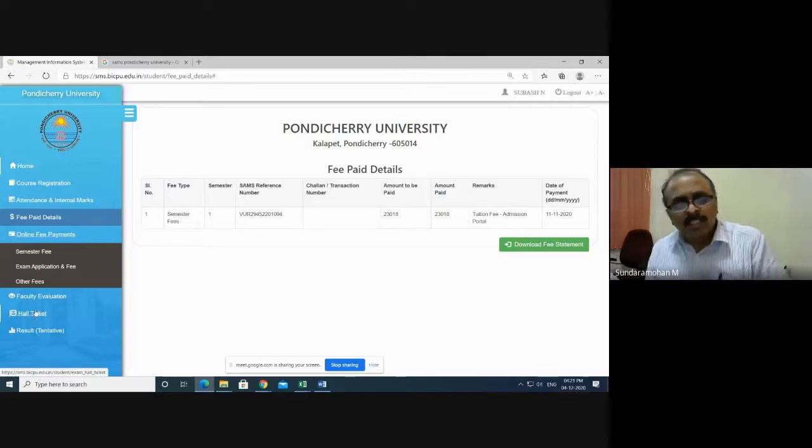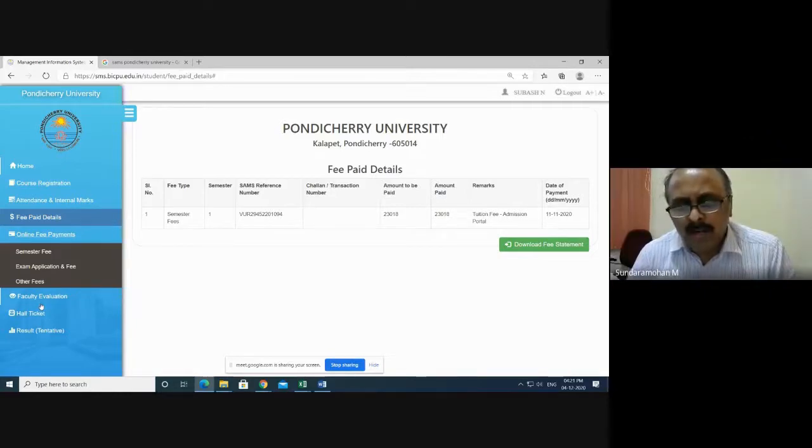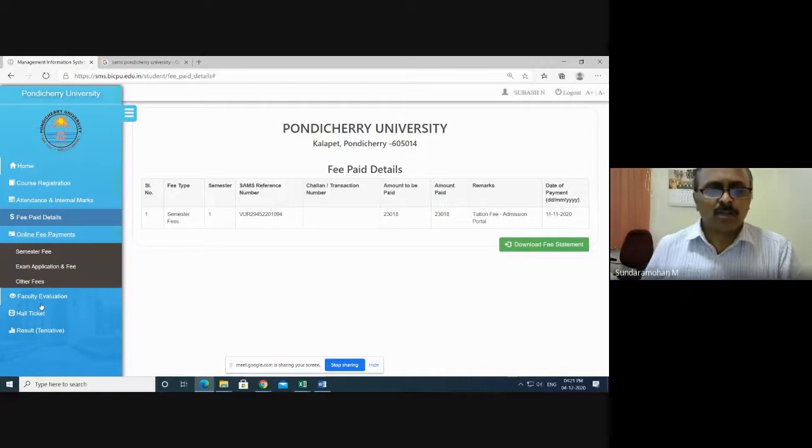So with all these things, the whole two years, everything of your academic activity will be inside this SAMS only. So with this, I think you can do the registration of the courses. There should not be any issues, I think so. If you have any doubts in registration or anything, you can mail us. The mail ID of this particular portal is available at the bottom of this screen, which you can see later. And I think with this, all of you should be clear.